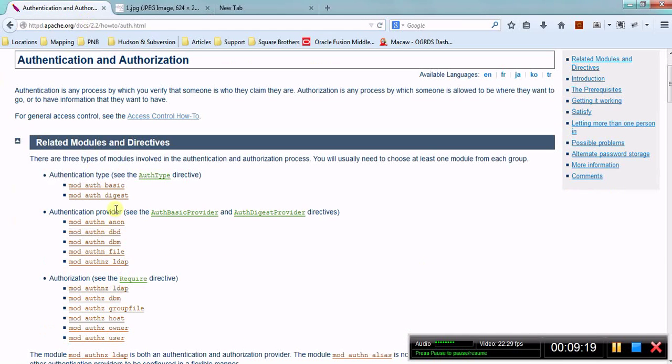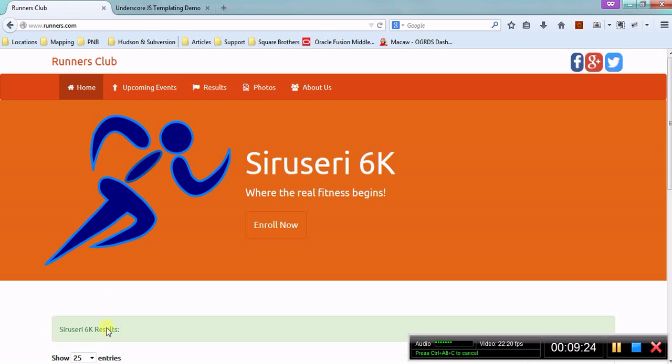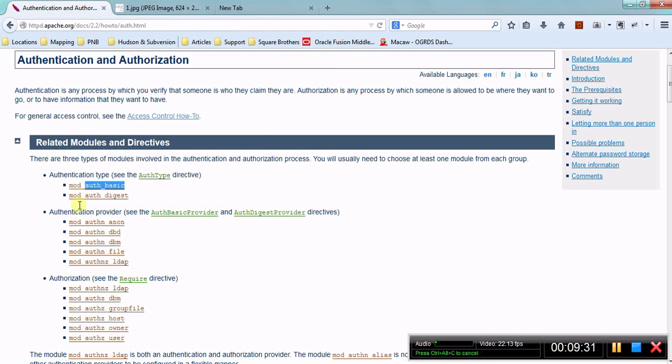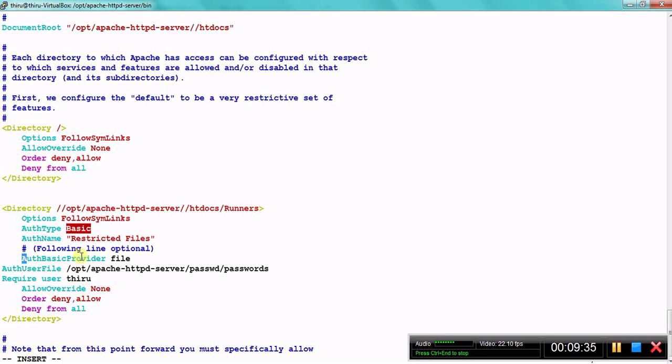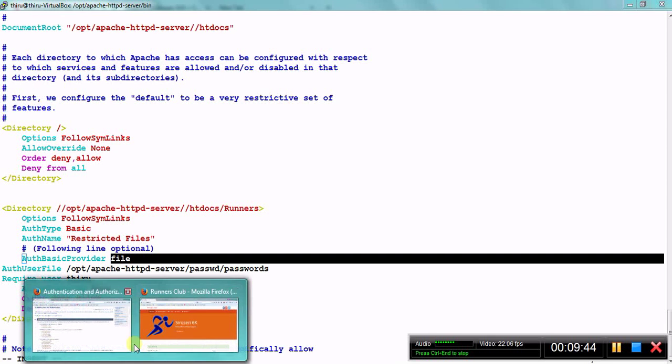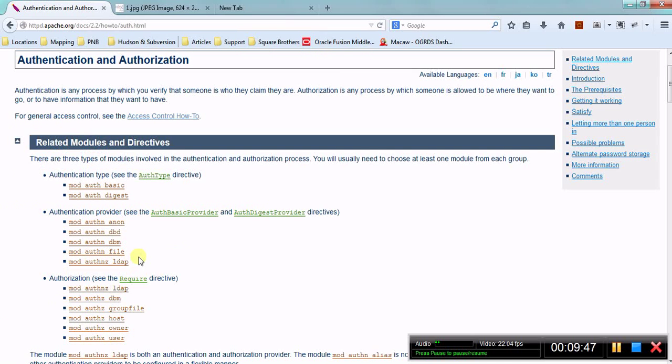We have seen authentication, right? Actually, in authentication you have two types: basic and digest. In this, we are using basic. This is the authentication type which we are using, and the authentication provider is file. So the default authentication provider is file, so it's optional. You can just remove it. But if you want some other authentication provider to be included, then you have to mention it. You can use database files or you can use an external LDAP mechanism,